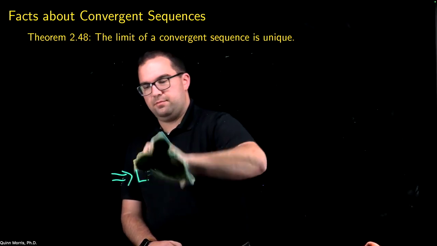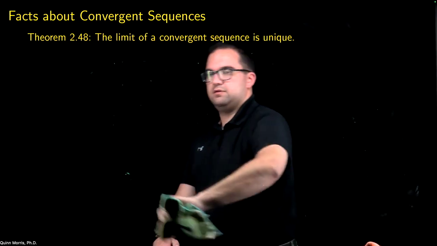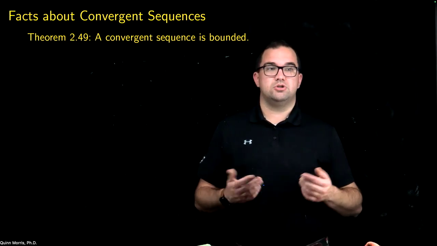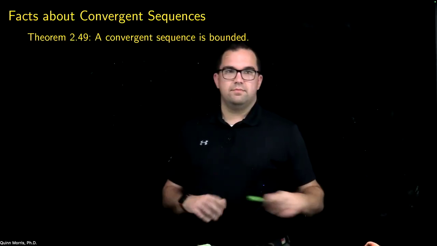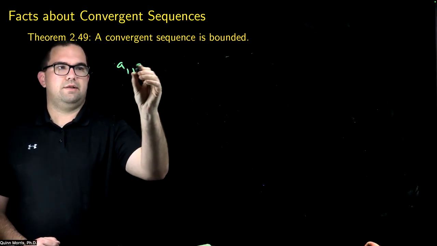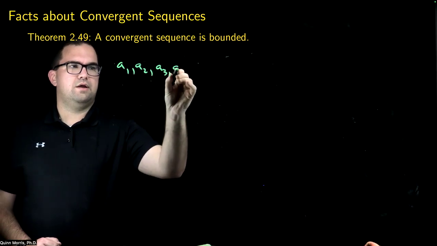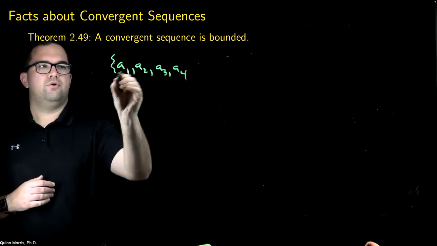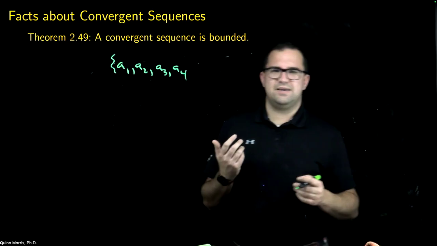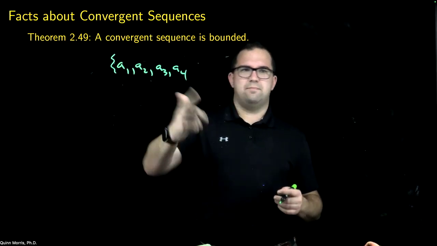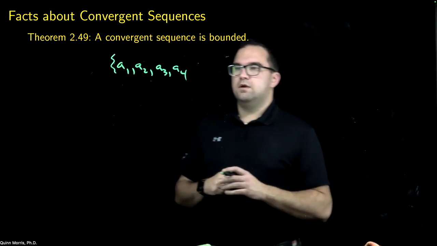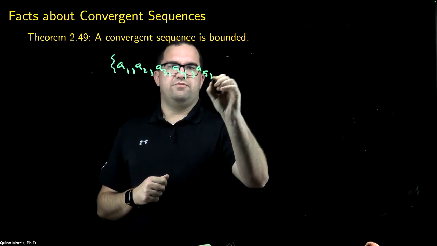Now, the next theorem tells us that if I have a sequence which is convergent, then it must also be bounded. Let's sketch out the idea of the proof here. So imagine you had your sequence A1, A2, A3, and imagine there were only 4 things in the sequence. If it was a finite sequence, you would just say, well, of course it's bounded. Just take the maximum of these 4 things. That's an upper bound for all of the things. The problem, of course, is if you have an infinite number of things,